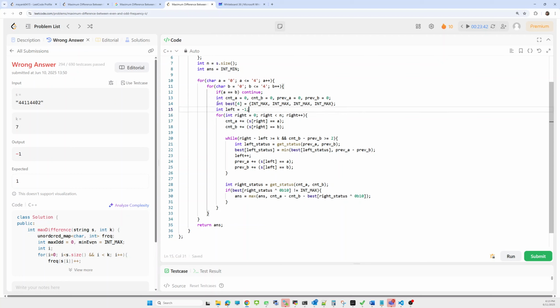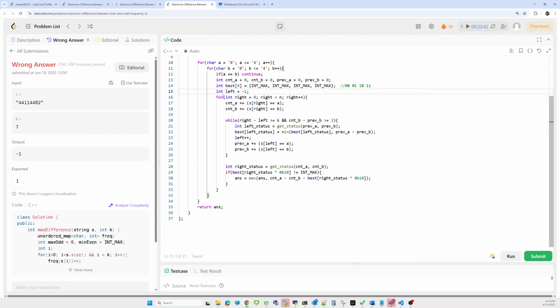Initially we took this best array of size 4, corresponding to each state, let's say 0 0, 0 1, 1 0 and 1 1. Now we take the left pointer, initially pointing to -1. Now iterate over the string from the start to the end.